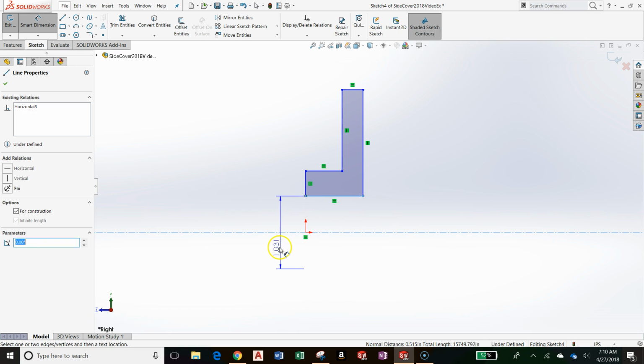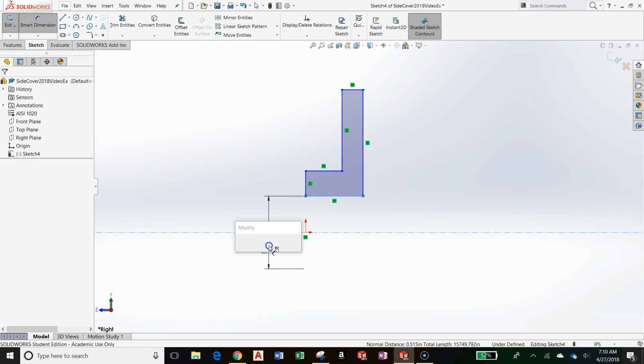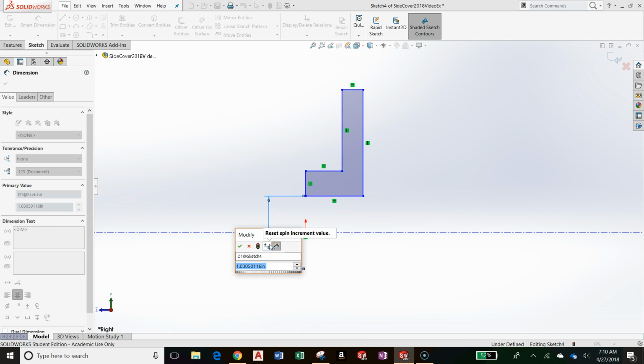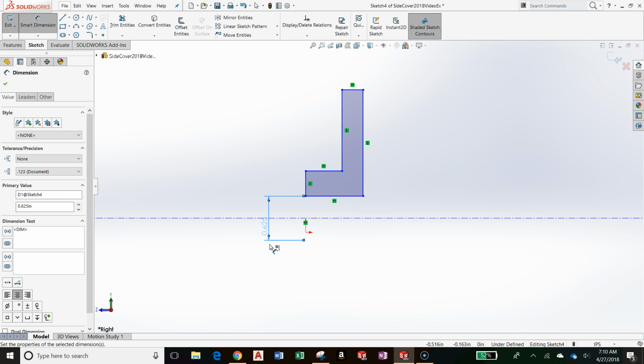And while being under the center line, you see that I'm specifying a diameter. This is very good because most of the time with cylindrical parts, I have a diameter to specify. So my diameter is going to be 0.625, and I see